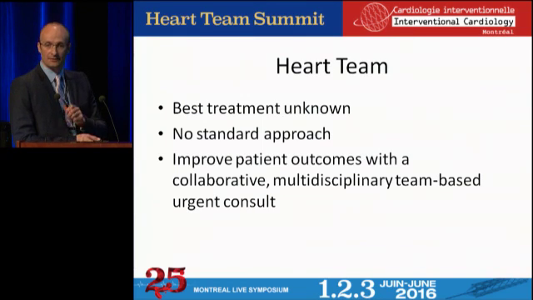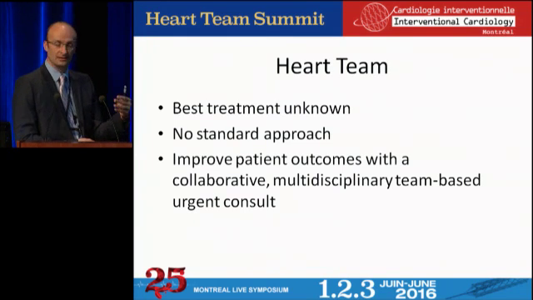So I think it's better to have a collaborative approach with a multidisciplinary team to decide fairly urgently what is the best approach. And most importantly, to have a plan B and a plan C. If everybody decides to deal with a percutaneous approach and there's a major complication or it doesn't go as expected, right away the surgeon and the critical care medicine physician are already aware of the case, and there's a fairly natural evolution to move on to the next steps, as opposed to you try doing something in the cath lab, it doesn't work out, there's a catastrophe, you quickly call the surgeon, and he's frustrated that he wasn't advised earlier.